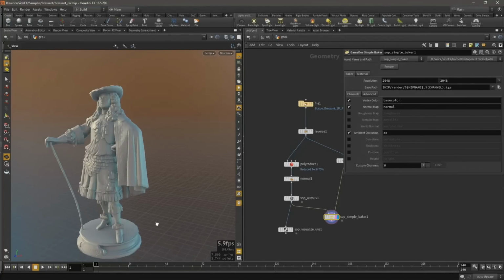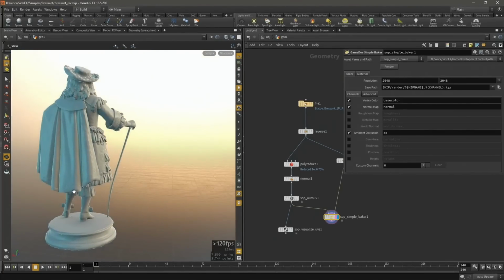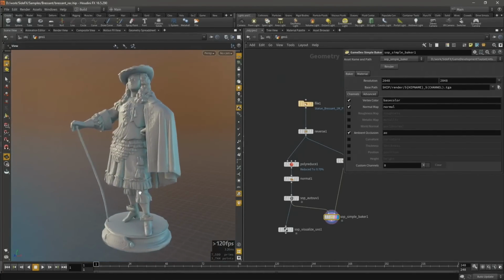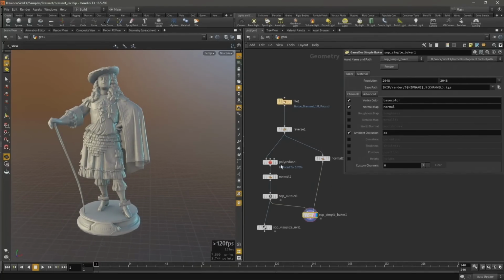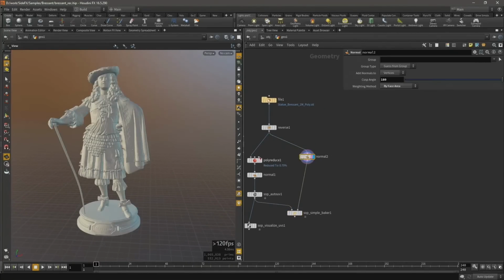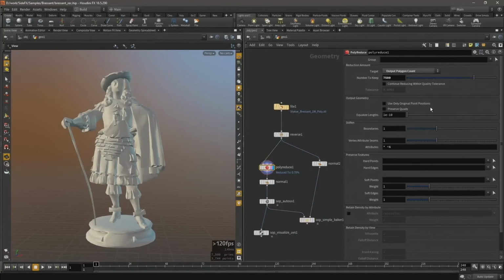And you can see fairly quickly, it did a little bit of editing, so we're not waiting for the bakes, but it automatically applies the normal map and the AO. So you can kind of go from a high-res ZBrush sculpt or scan data down to a game res incredibly fast. So if we go to the next slide, I'm going to show a little bit about the power of